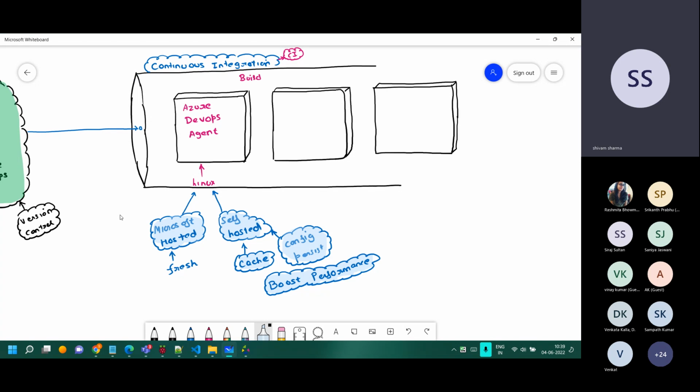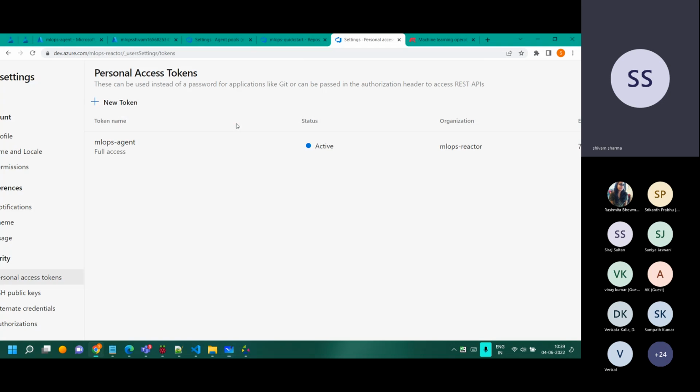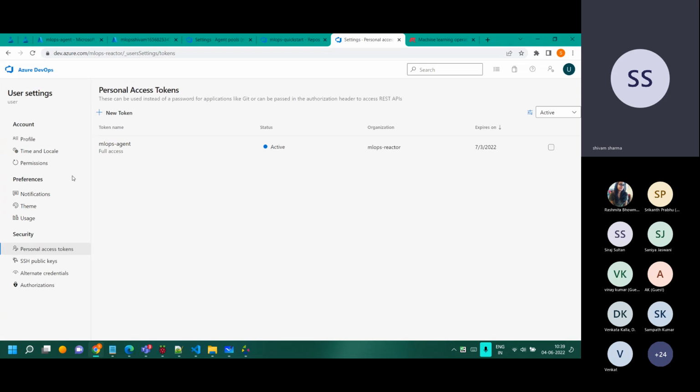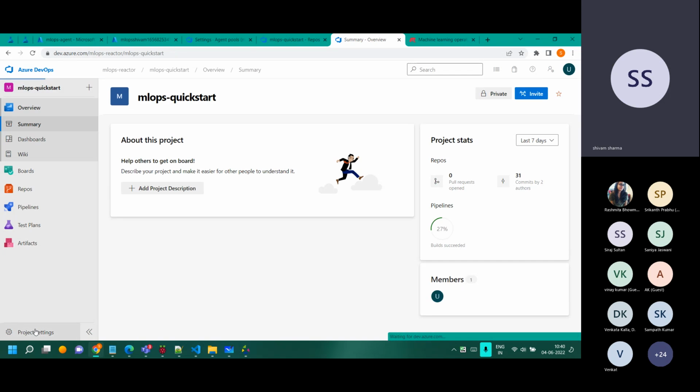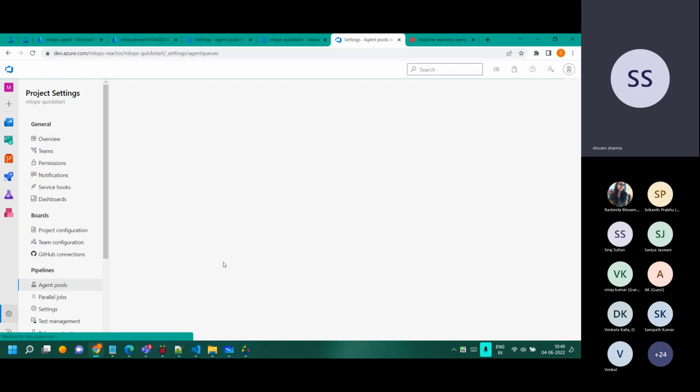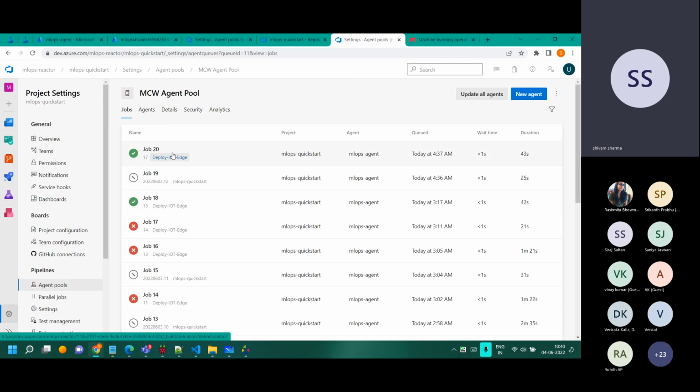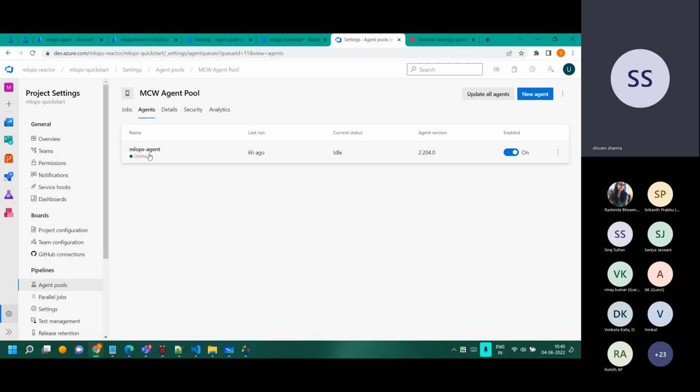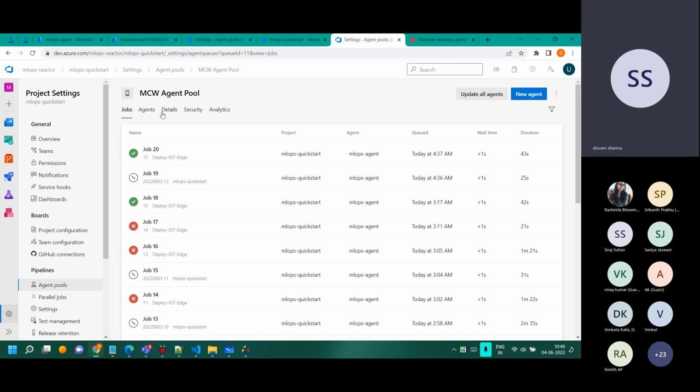So what basically it does is, we create the machine in Azure, and we install the agent. We do the metadata handshake, and finally it gets registered. So once it is registered, it will show in the project settings over there. So if I can zoom out and go to my project settings and to the agent pool. So this is the agent pool where everything will be running. Everything which I have done will be there. So the agent, that's the one online right now. So it's idle.